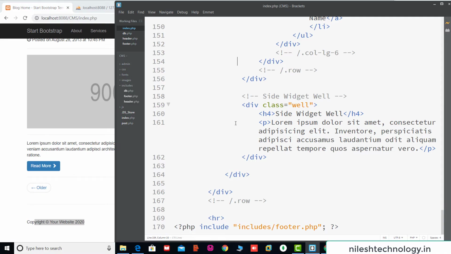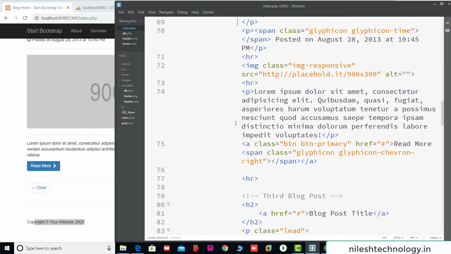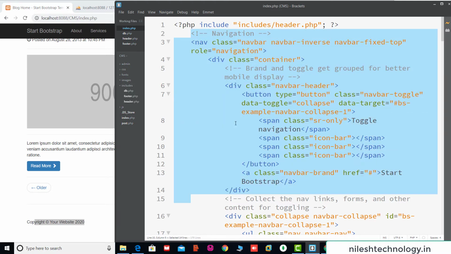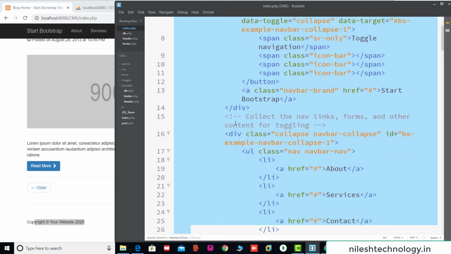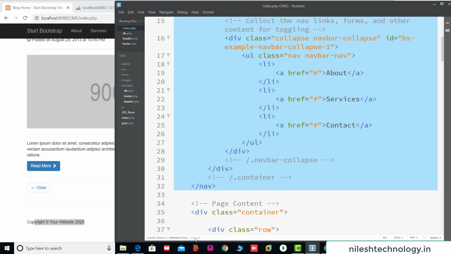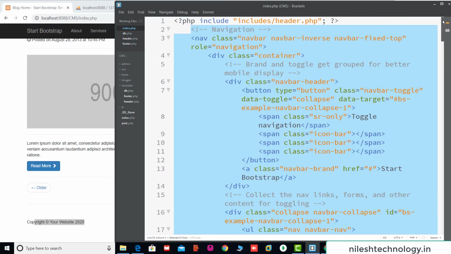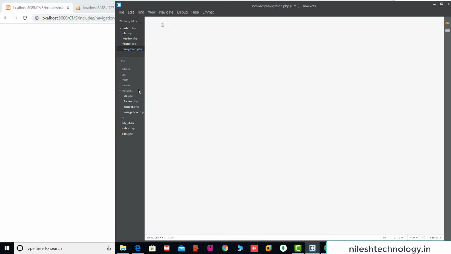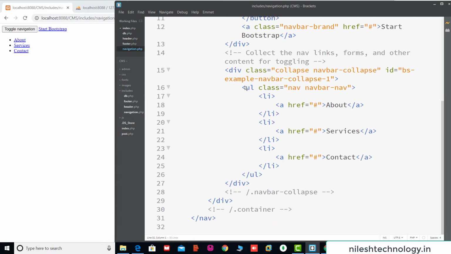Now going to some advanced mode, we shift some more code to other files. So going to the top of the file, this is your navigation. So select this navigation tag, from here until we close this navigation tag, /nav. Now we shift this navigation tag with Control X to a new file. So here we create a new file, file name is navigation.php. Here we paste this data, Control S.